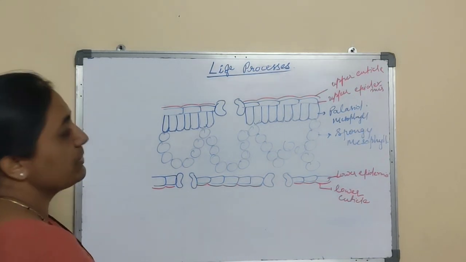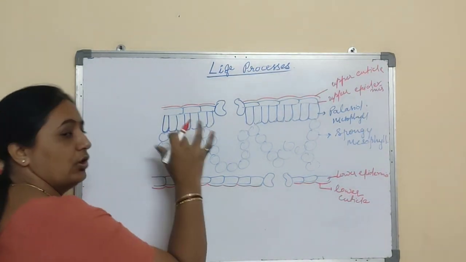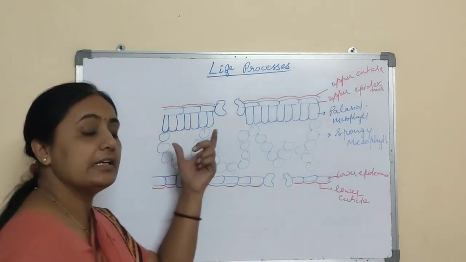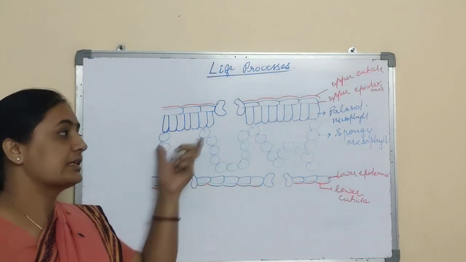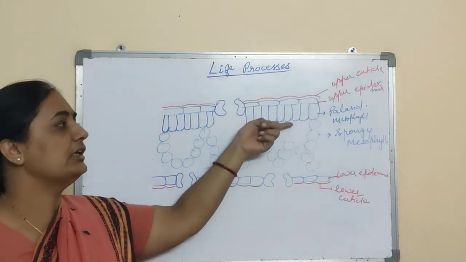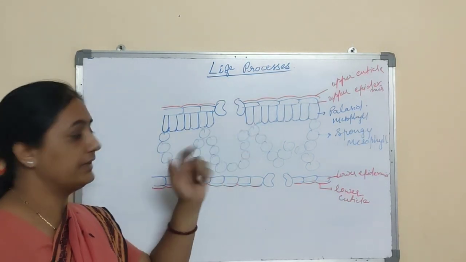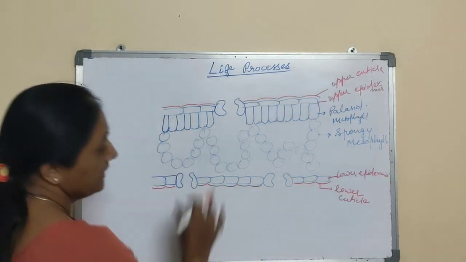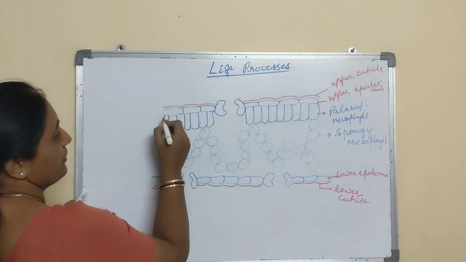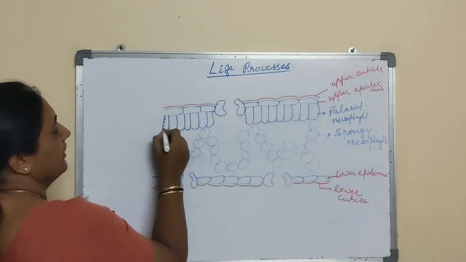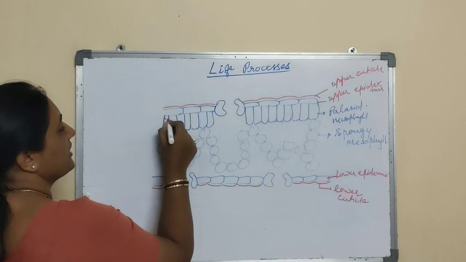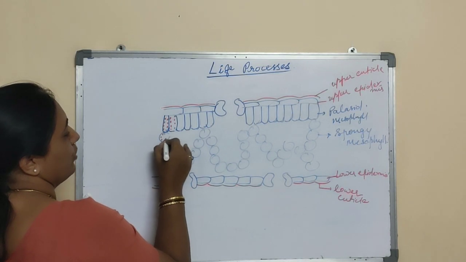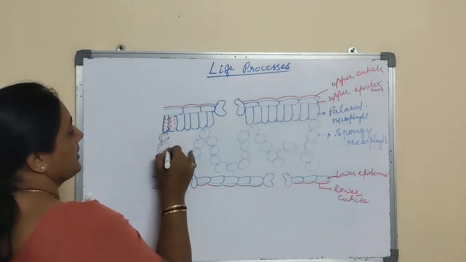Inside the mesophyll, the two types are elongated ones, which are palisade, and rounded ones, which are spongy. It is not necessary that in each and every leaf both types of mesophyll cells are present. Some leaves have only the elongated palisade type, and some have only spongy. Some plants have a leaf with both types of mesophyll cells. And in these mesophyll cells, a flattened, disc-like structure is there, which is called the chloroplast. This chloroplast is present in these cells.